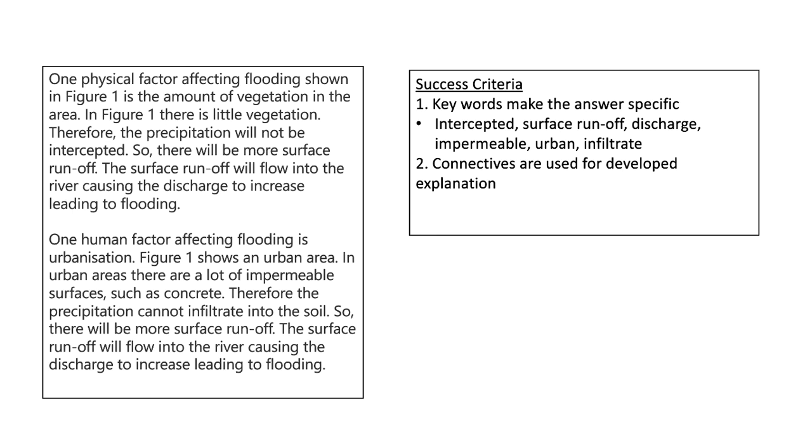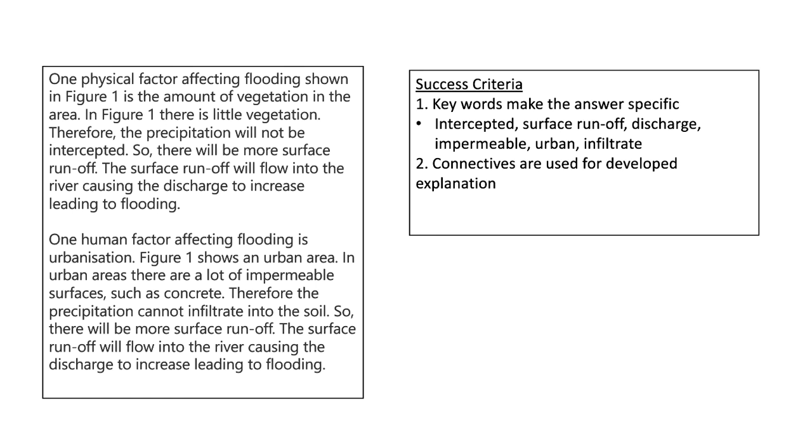So, the success criteria is on the right. You need to include keywords to make the answer specific. We've been talking a lot about how we can make our answer specific using case studies. Another way that you can do that is by using specific geographical vocabulary. In this case, you need to be using the words intercepted or intercept. That's when trees